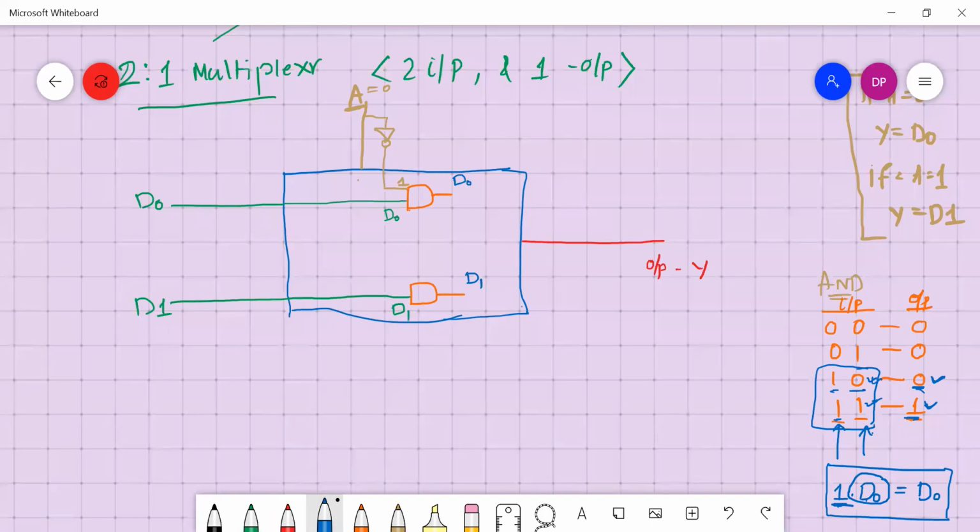Similarly, we can write 1 AND D1 is D1. So if the other input is 1, then it will be D1. So what we will connect to this input is, see, I will bring this A directly and connect it here.